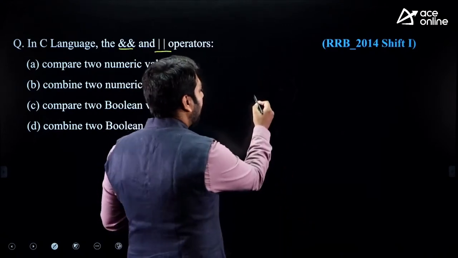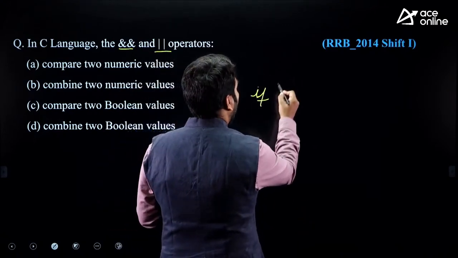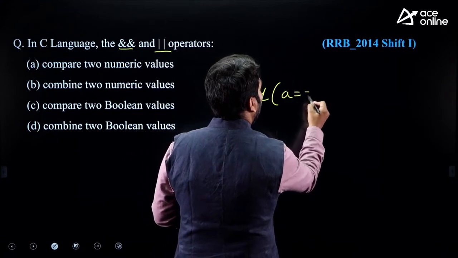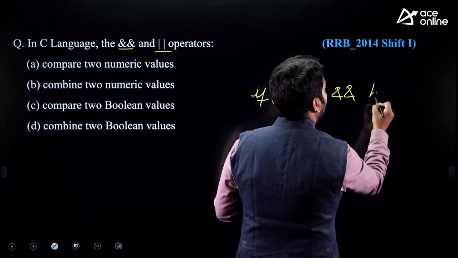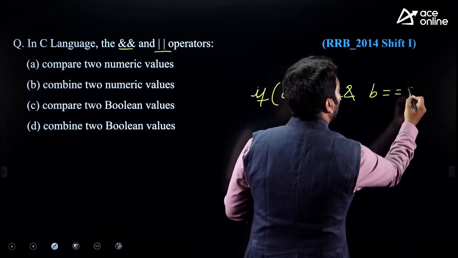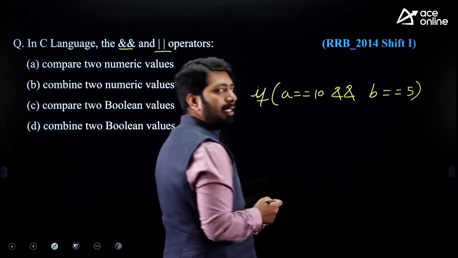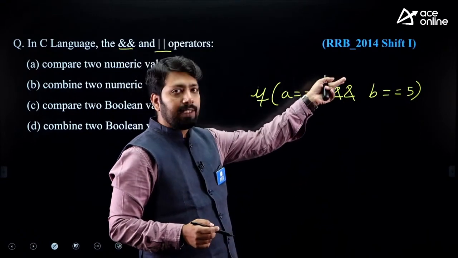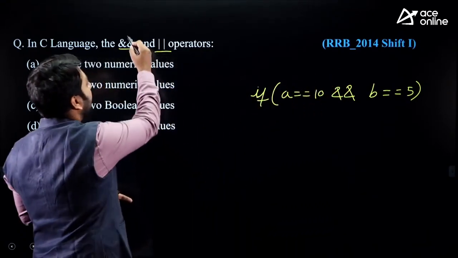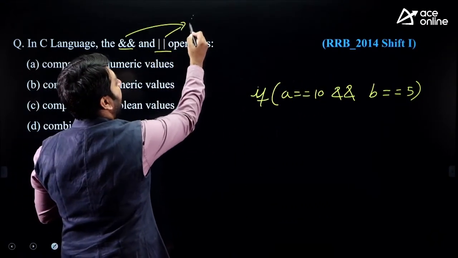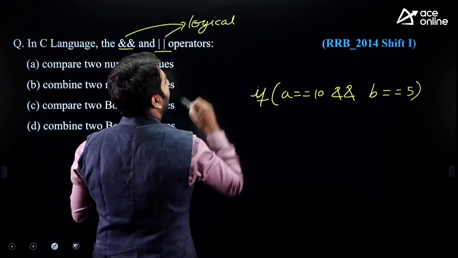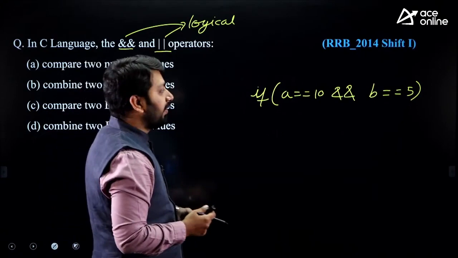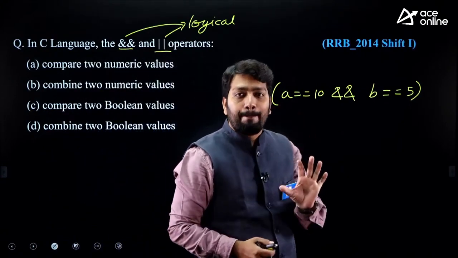Like we write, if A == 10 and B == 5, isn't it? Same way, instead of and, we can use or. What is this? These are logical operators, logical AND and logical OR operators. Fine. So they are logical operators which are used to combine